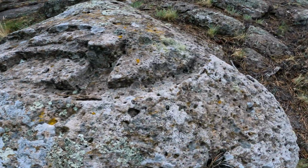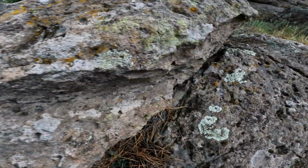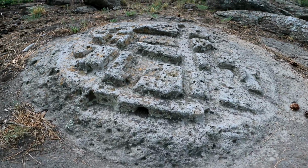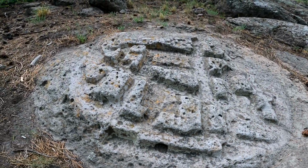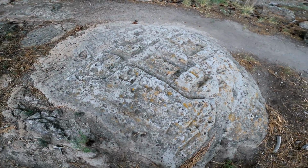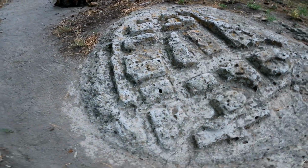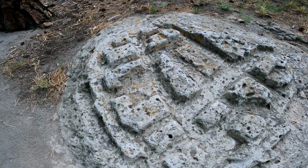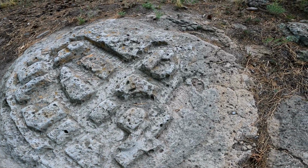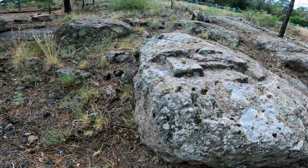See, it looks like something could have rolled down a little track. Like maybe you're rolling a ball, it comes down here. Man, I just feel like something was meant to roll. I get the feeling of motion, and honestly of a gamesmanship sort of thing. It kind of reminds me of one of those big puzzles you see on Survivor where they roll the ball down and you have to control it. I mean, look at all these junction points. Decision point, decision point, decision point, decision point. Ball could go either direction. Maybe you win that one, you move on to this one. I'm just completely speculating right now, but